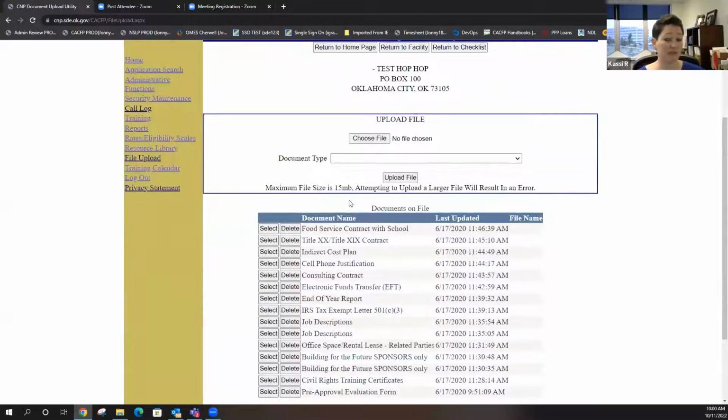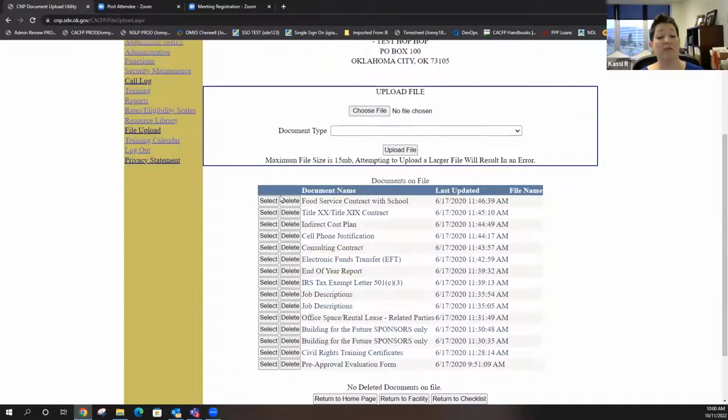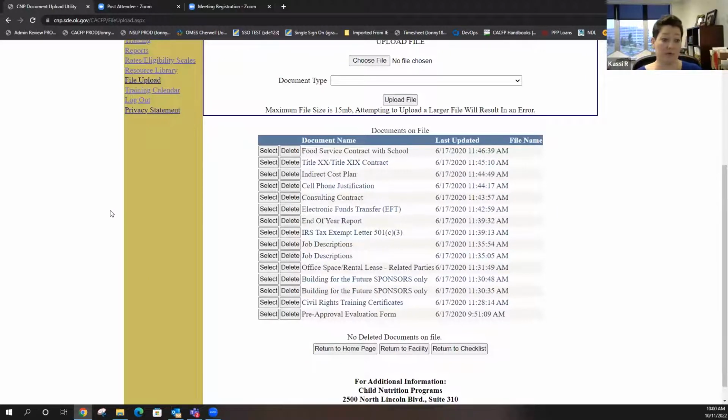My page is going to look different than yours because I'm logged in as me, but when you go here, all this will be grayed out and you can't delete. We want you to see what we have, but we don't want you to be able to change it. You have to send it to us, so send it to your person, Sherry. So see what we have in there. If what's in there is wrong, we need the new one. If what's in there is right, we don't need it from you.